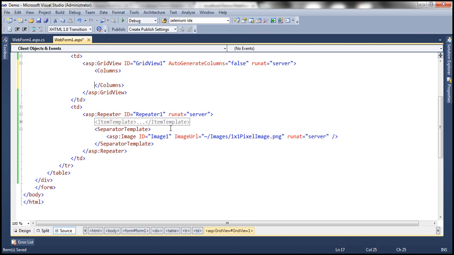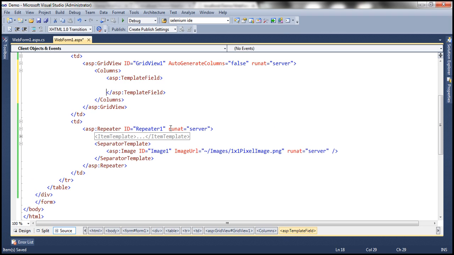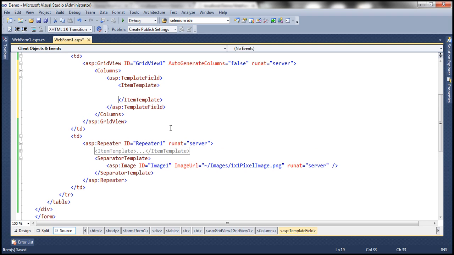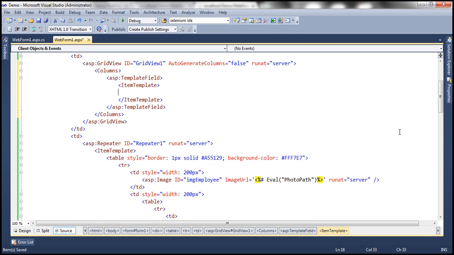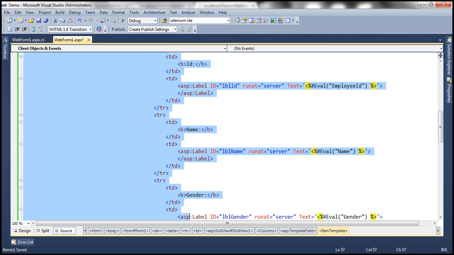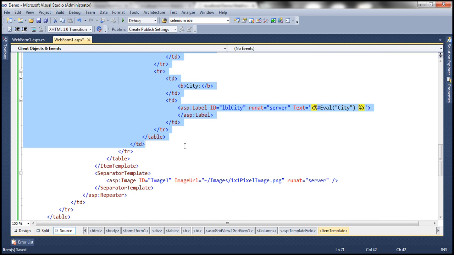And then instead of using the bound fields, I'm going to use a template field. Now when we use a template field, then we can specify how we want the grid view control to render using templates. So obviously again I have item template here. Okay, so all I need to do here now is copy and paste this HTML there. So within the item template, whatever HTML you have, I'm going to copy this and paste this within the